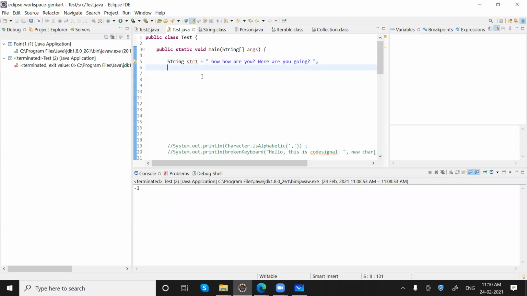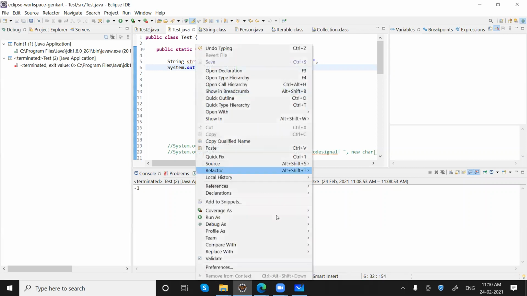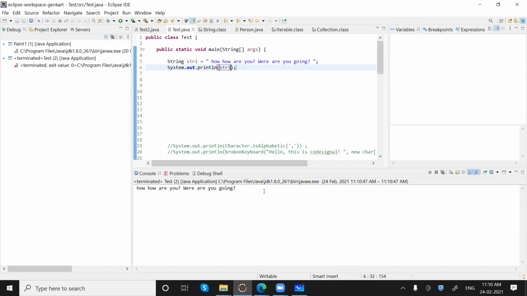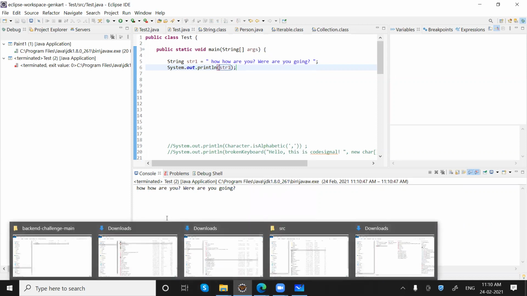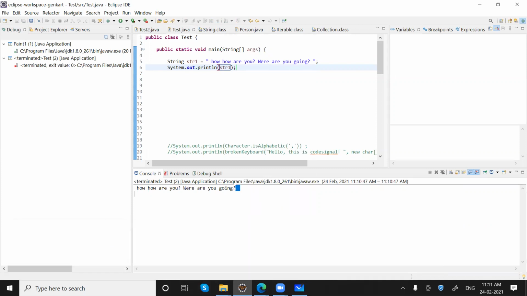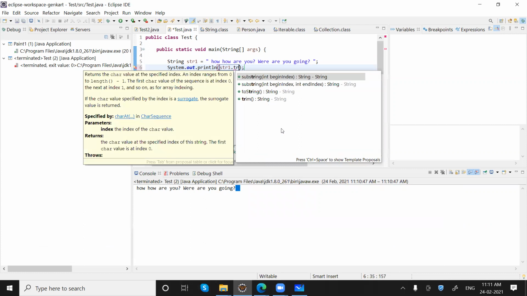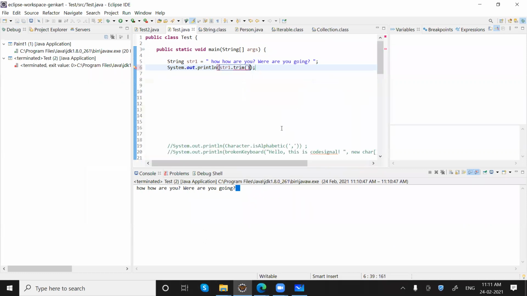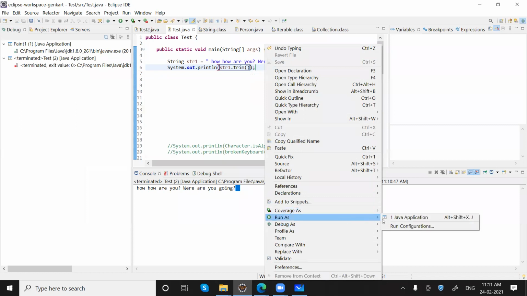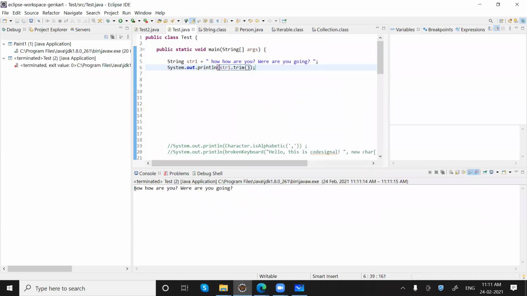If I say str1, the trailing space you will not feel, but you can see a space before H. We want to remove that, so we can say trim. It will remove spaces from the head and the tail of the string. You can see there is no space now, and even here.